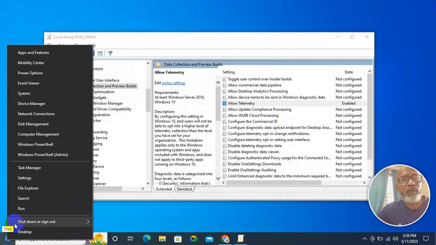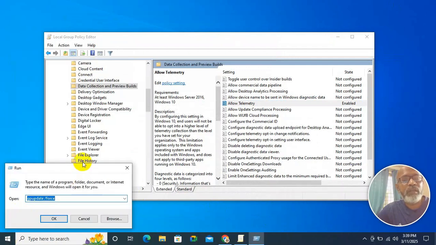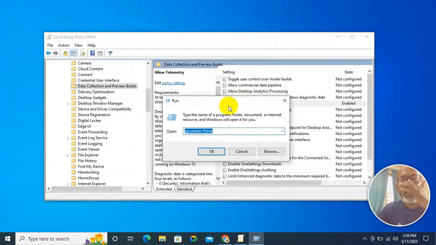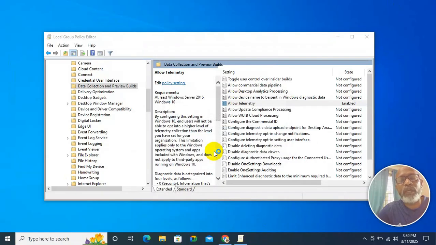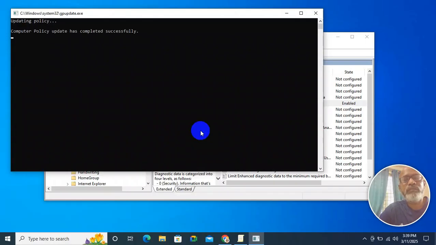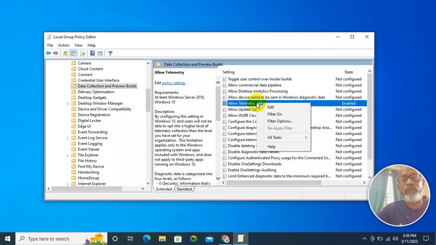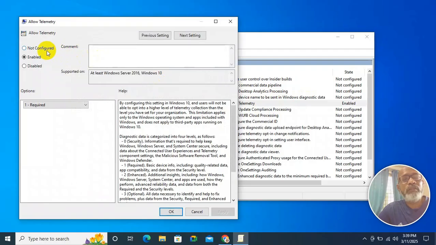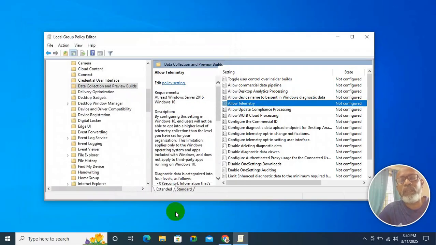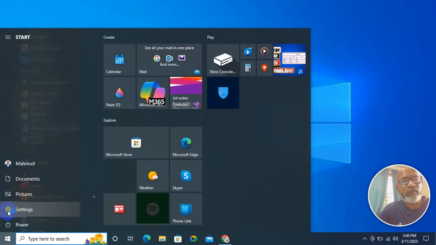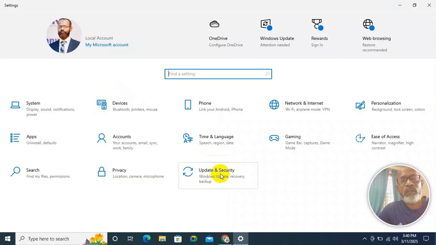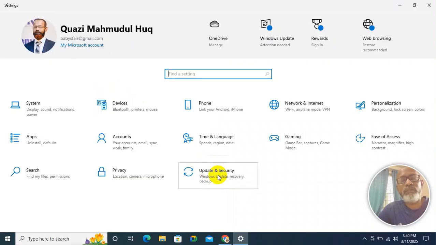Right click on start menu, go to Run and again in Run type gpupdate /force, then click on OK, updating policy. And again right click on the same setting and click on edit, click on Not Configured, then Apply and then OK. Now close Local Group Policy Editor, click on start menu, go to Settings, click on Update and Security and